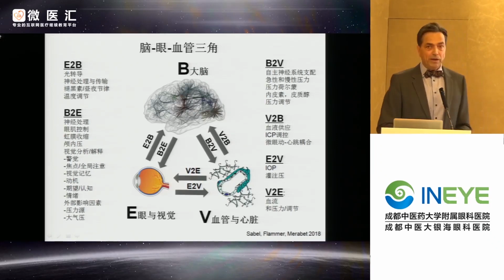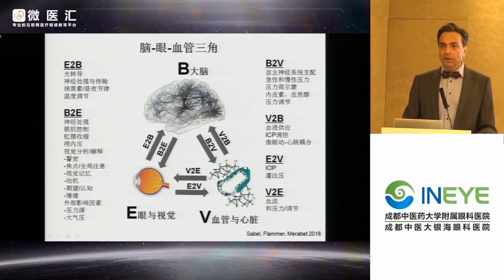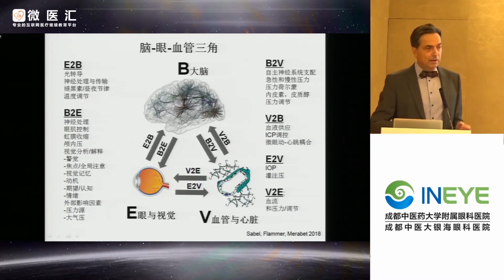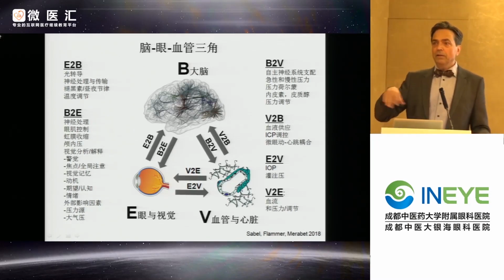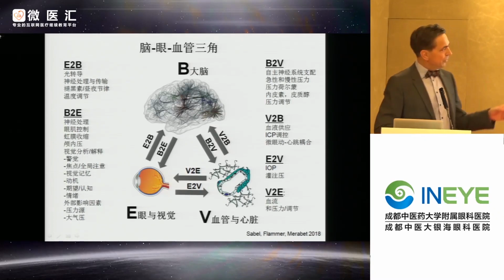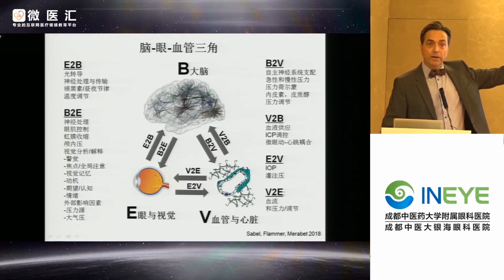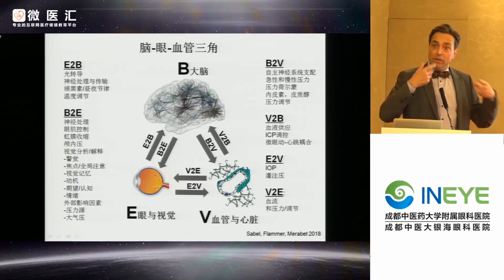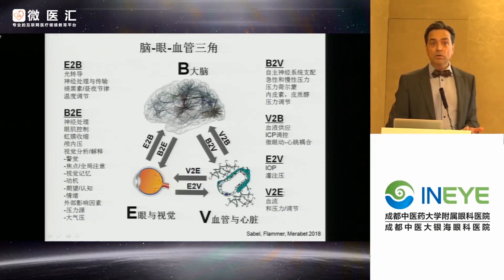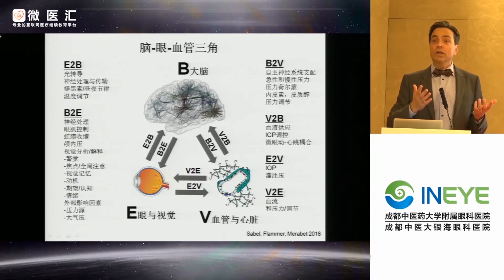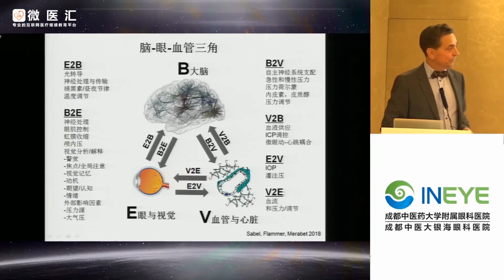So to make it even more complicated, and I'm not going through all of this, there is an interesting interaction between these different organs, which these slides illustrate. So we have the eye that sends information to the brain, but the brain influences whether or not you see something, for example, because of your attention. You pay no attention, you don't press the button.